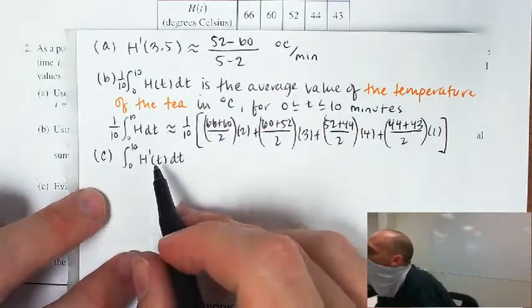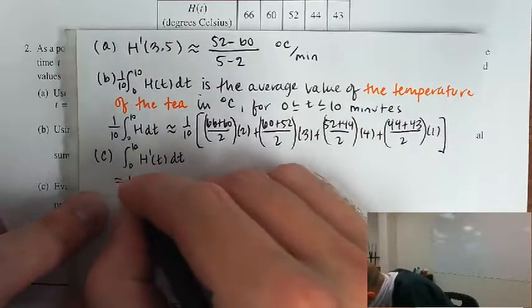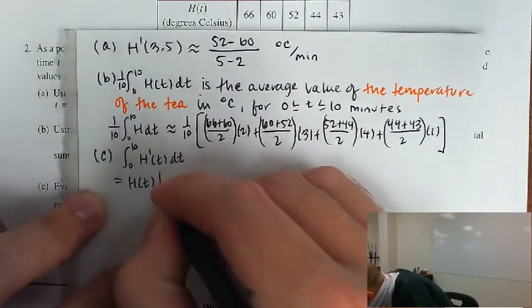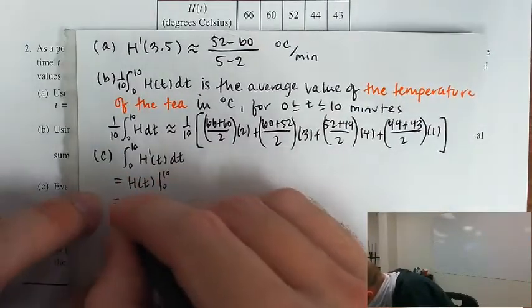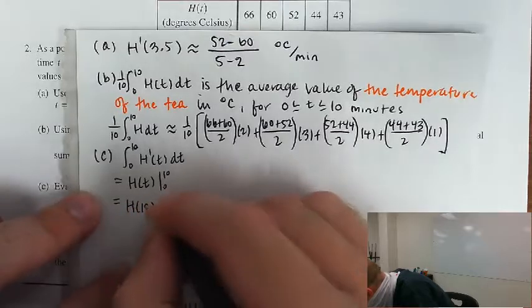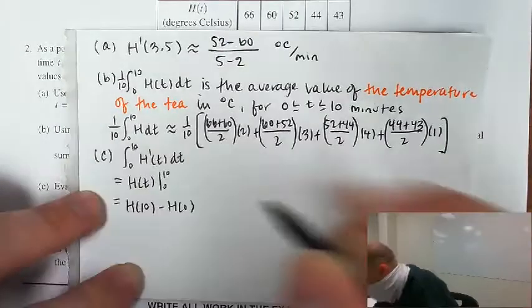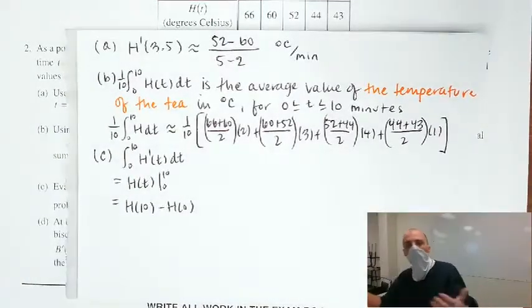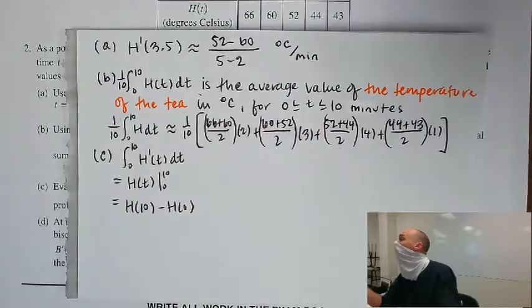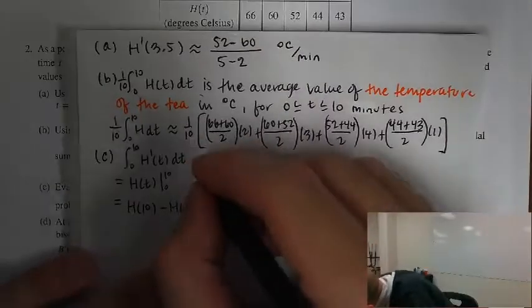Integral from 0 to 10 of h prime of t dt, I'm going to find an antiderivative of it. And I'm going to say that's h of 10 minus h of 0. H is the temperature of the tea. Oh, that makes sense, right? Because the integral of the rate is the net change in the total. Okay, so it represents,